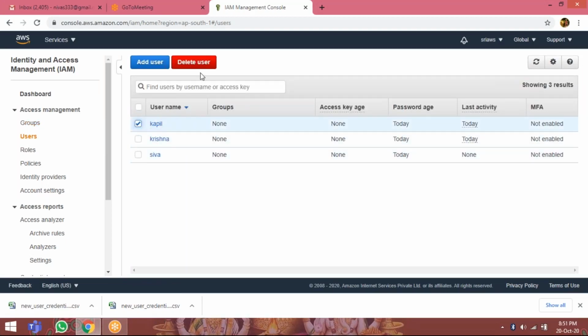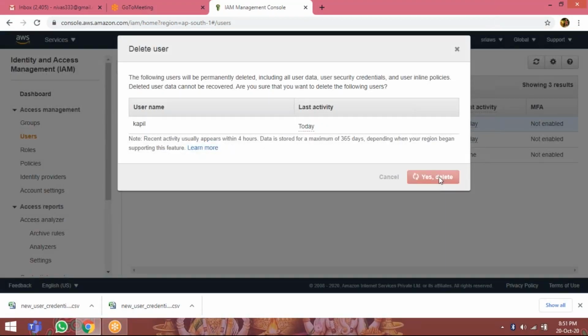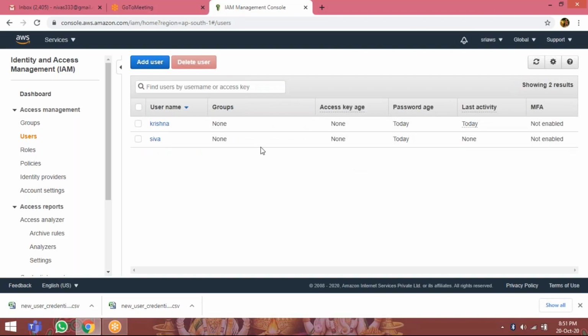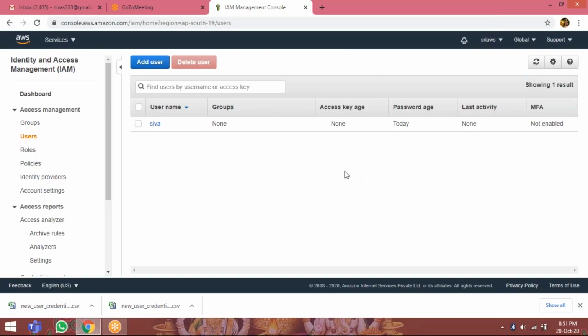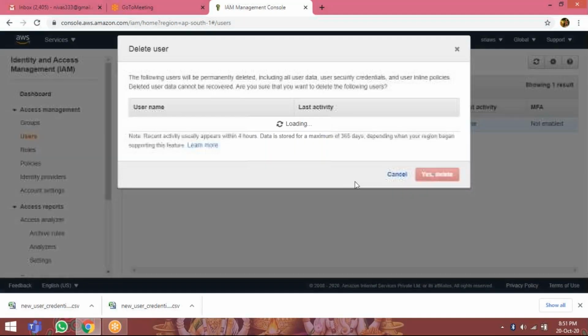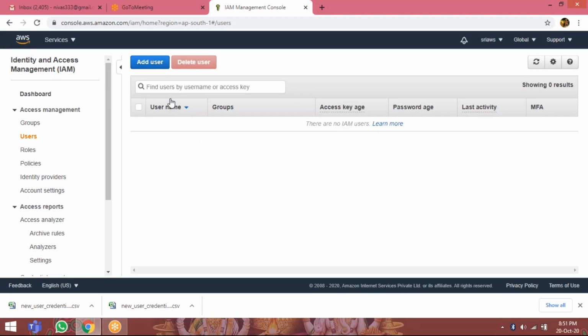Select the Kapil user. Delete user. Yes, delete. Select the Krishna user. Delete user. Yes, delete. Select the Shiva user. Delete user. Yes, delete. So like this, you can delete the user accounts.